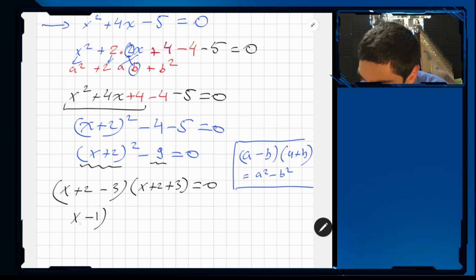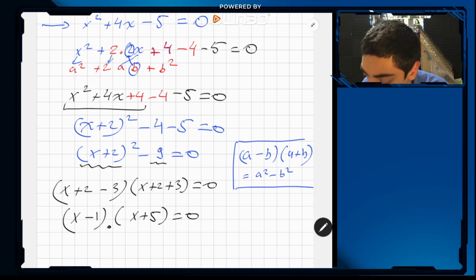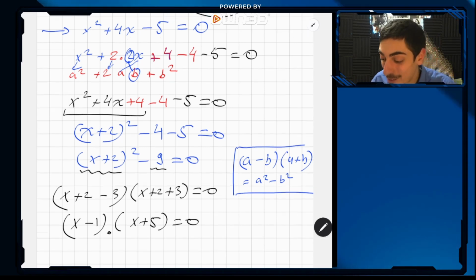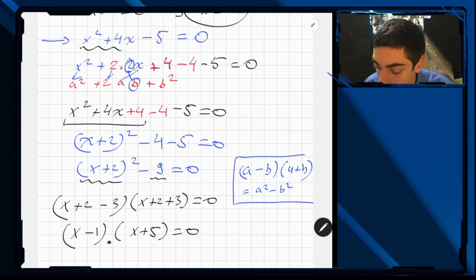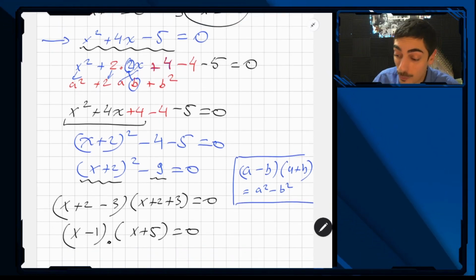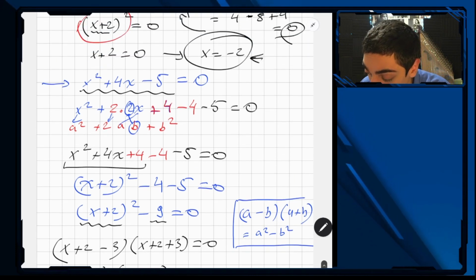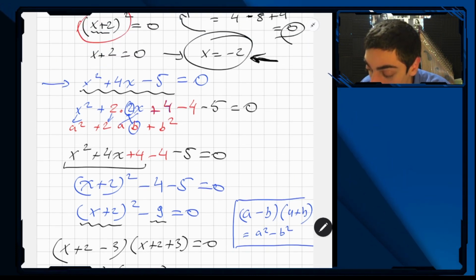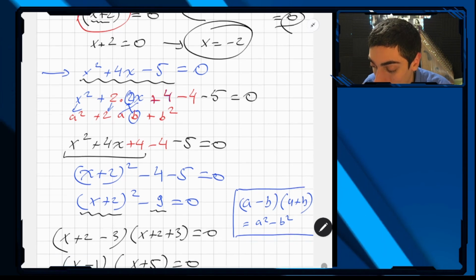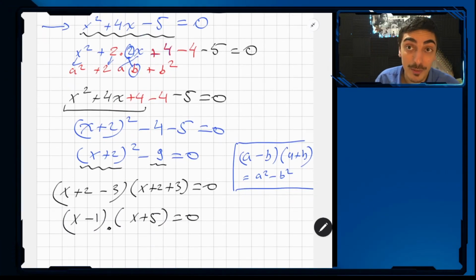X minus 1 times x plus 5 equals 0. And that is the factorization of this. We haven't solved the equation yet. We have to reach the values of x to solve an equation. Solving an equation means give me the values of x that work. So this is a different question from factorization. However,